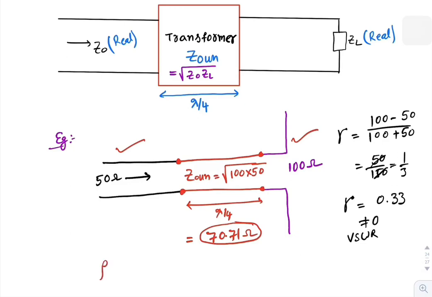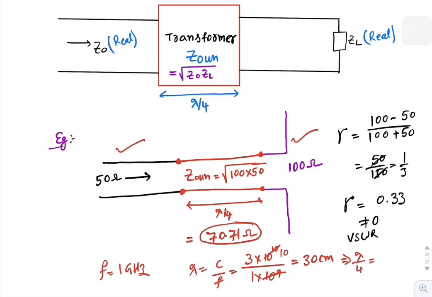In this case, let us say if the operating frequency is 1 gigahertz, then lambda equal to c by f, that equal to 3 into 10 power 10, which is in centimeters, by 1 into 10 power 9, which is 1 gigahertz, which is equal to 30 centimeters. Therefore, operating wavelength is 30 centimeters. Now, the transmission line of length 30 by 4, that implies lambda by 4, equal to 7.5 centimeters. Therefore, you have to place a 7.5 centimeters transmission line here in order to match 50 ohm transmission line